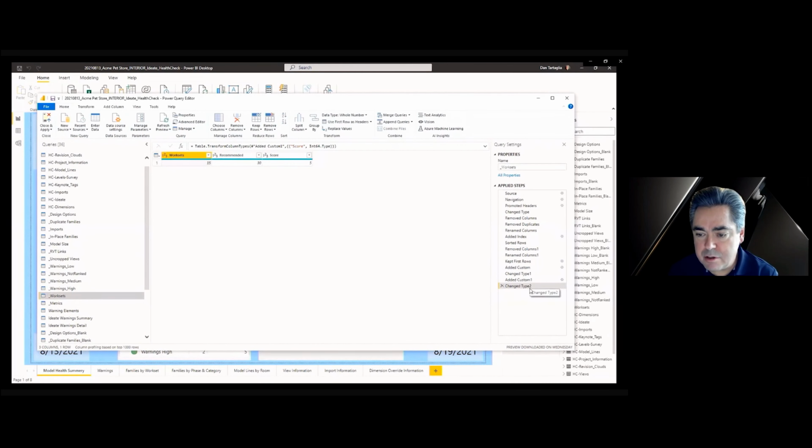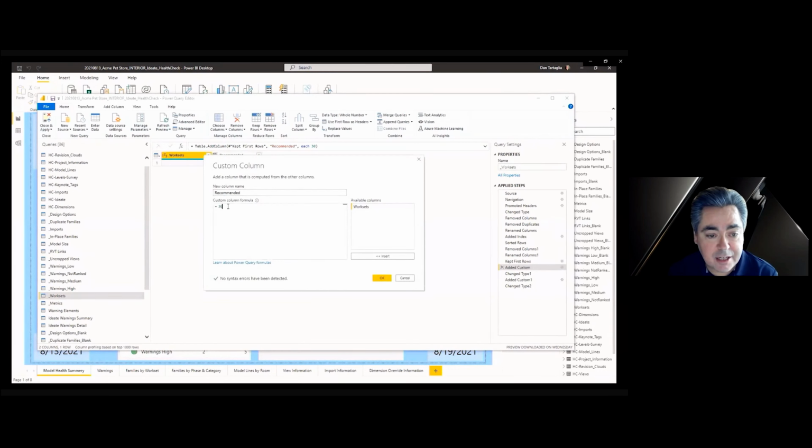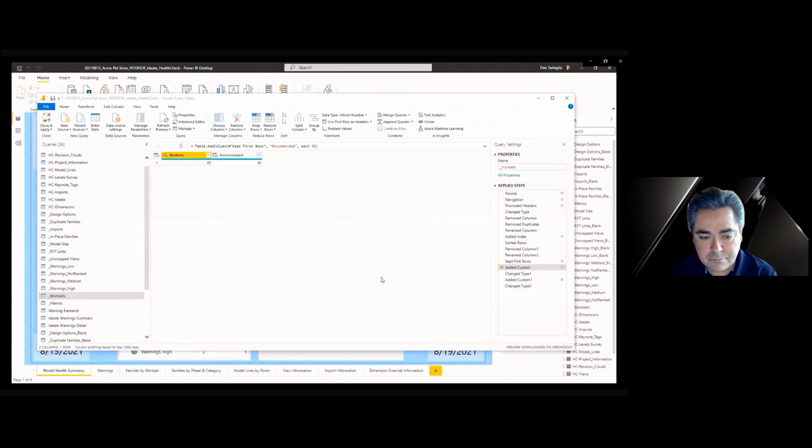So what I'm going to do is I'm going to pick on the add custom applied step here. You'll see right here. And you can change it in two ways, with that gear right there or with this actual formula. But I'll choose the gear. And it'll show me the information. And all I have to do is change this 30 to a 10. That's really all you have to do. Once I hit OK, that'll change, and then I'll click close and apply.